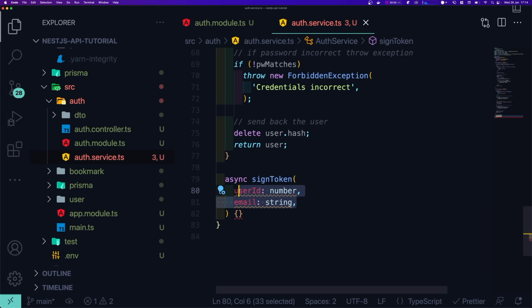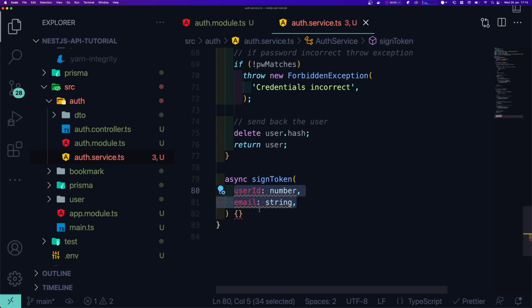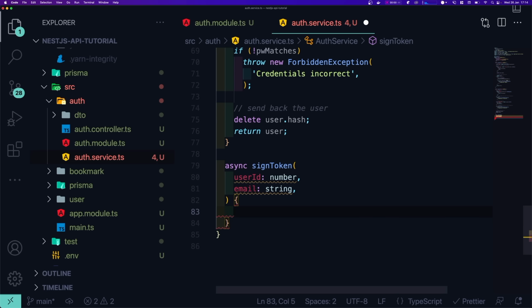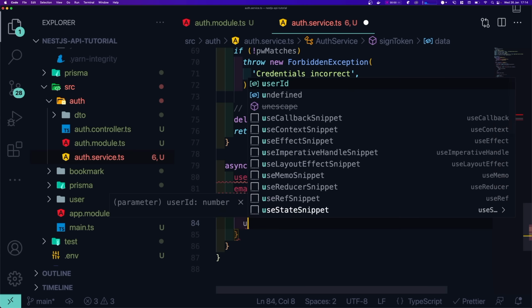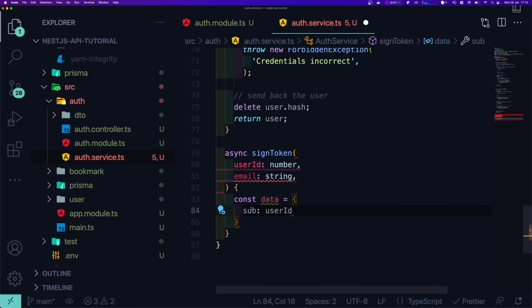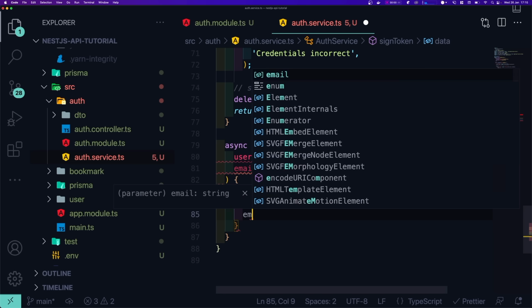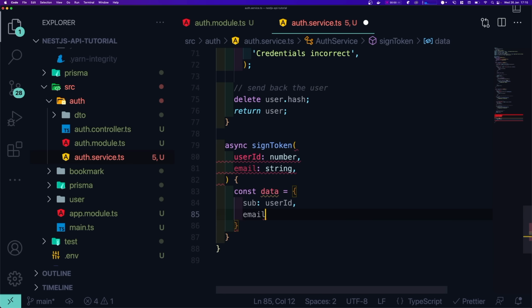So this is the kind of information that we're going to extract from the JWT and kind of trust what's inside. So we're going to construct an object that we're going to sign. Let's call it data user. Let's call it sub is userId. Sub is just a standard of the JWT convention that you need to use a unique identifier for a sub field, and let's add any field that we want. In our case, it's going to be an email. And what we're going to do is return